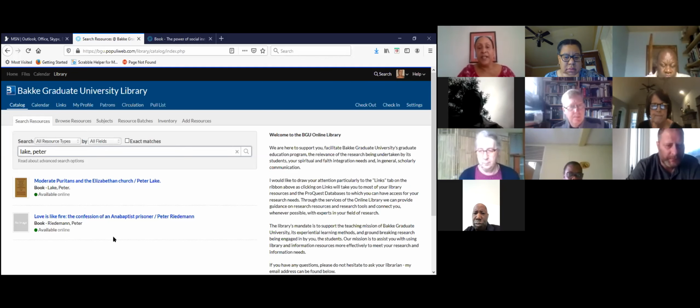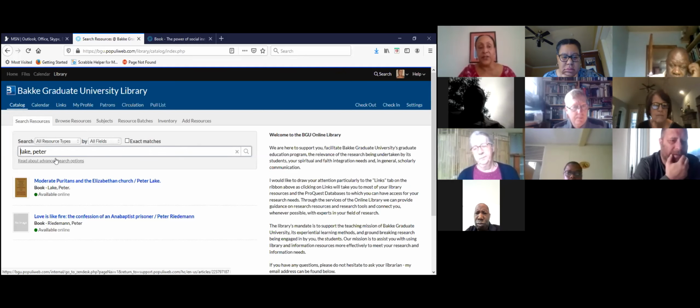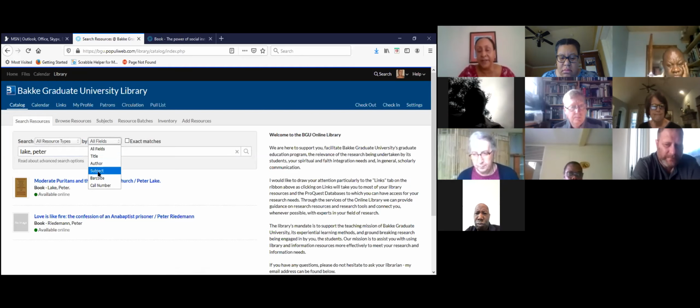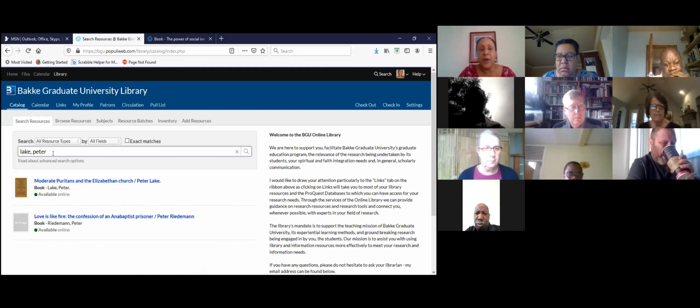Now, searching in the online library is actually fairly simple. There's the one big search box on the top, and you simply enter what you want. You can use one of the options here to search by a specific title or a specific author or a subject. Or you can leave it at all fields, and if you just enter what you're looking for, it will